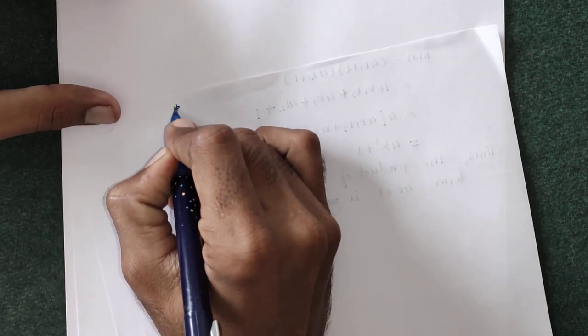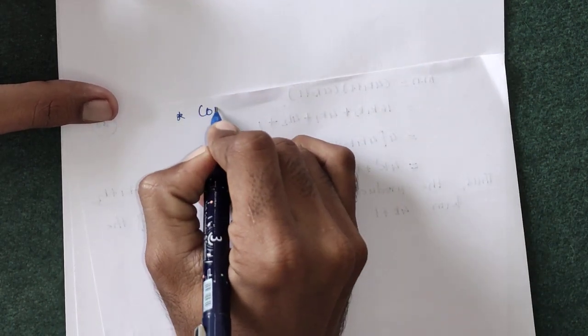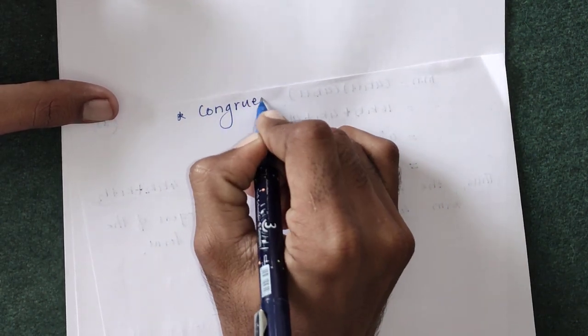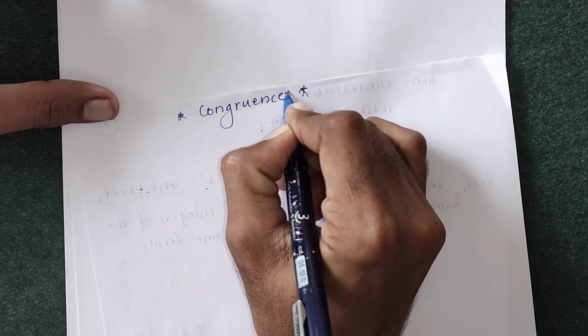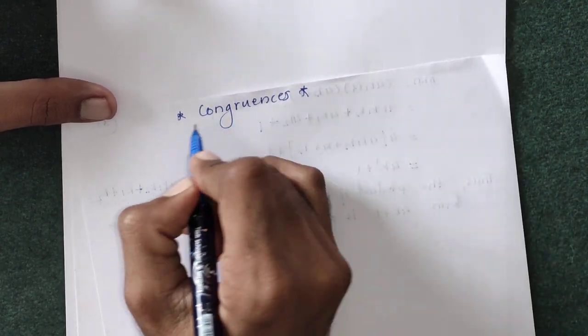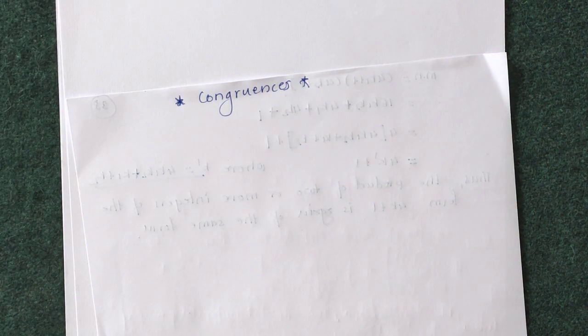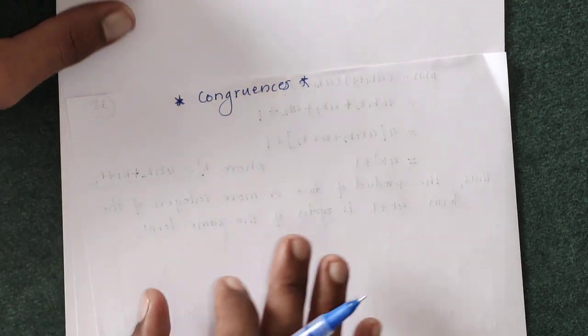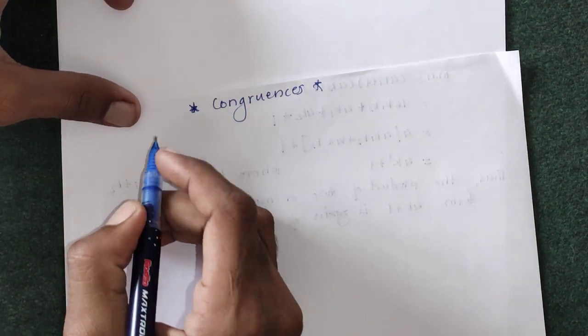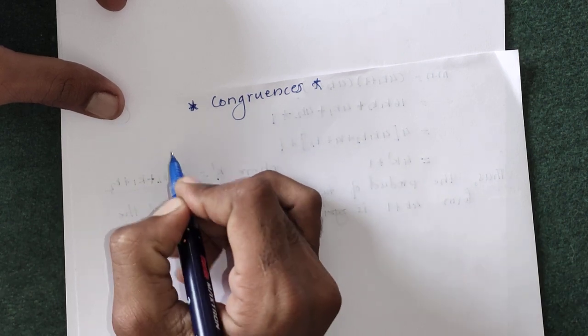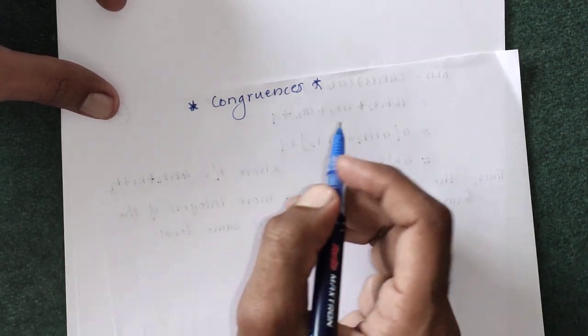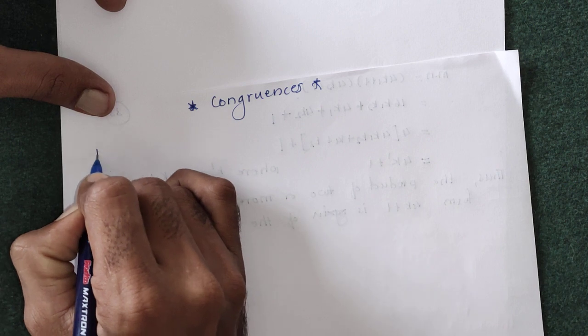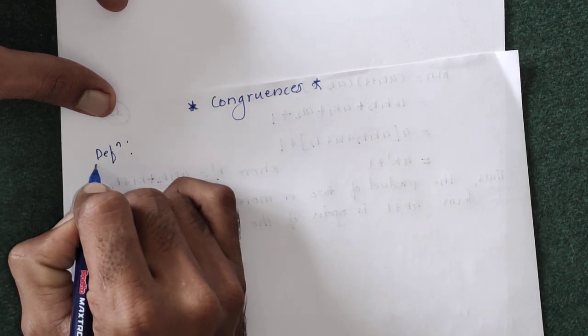Today we are going to start our second chapter. The second chapter of number theory is congruences. You have already learned about congruence in FYBSc. We have seen the definition and some examples of congruence there. Now again we are going to start with the definition, or we can say this is an introductory part or recall of the FYBSc. The definition of congruence.